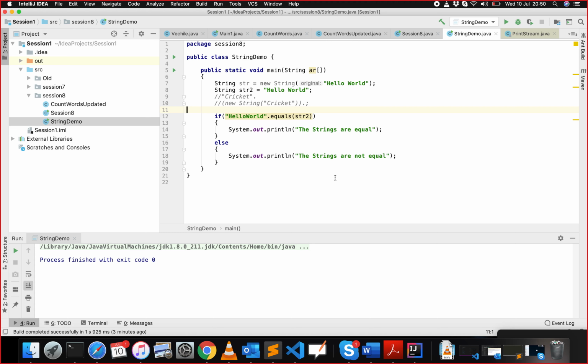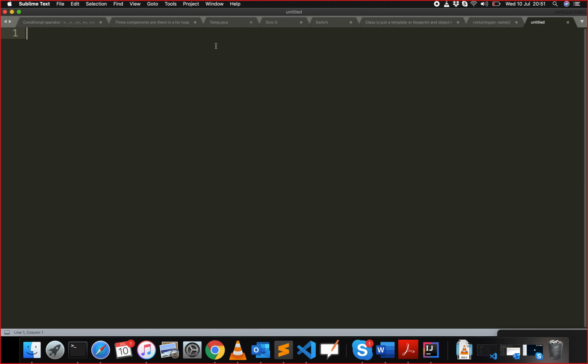Now this is one of the special things about the string. Should I write it in the notes actually? Yeah, that should be better. So what are the things about this string? Double quotes. This means